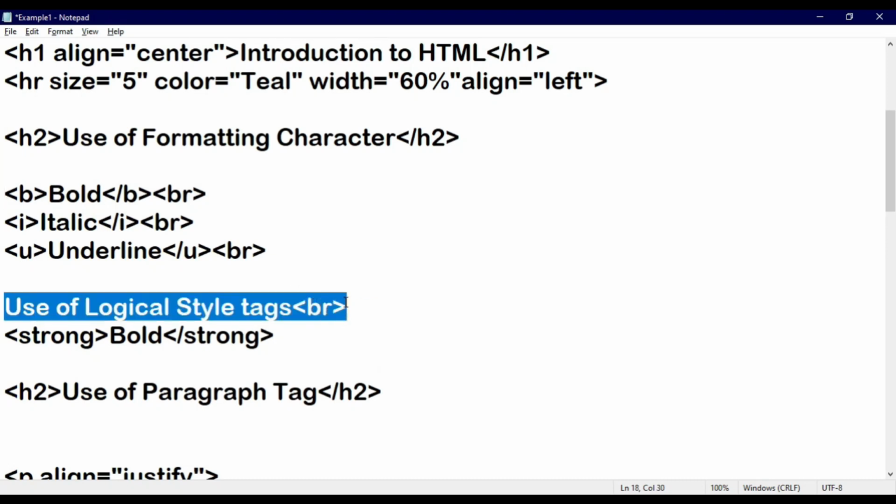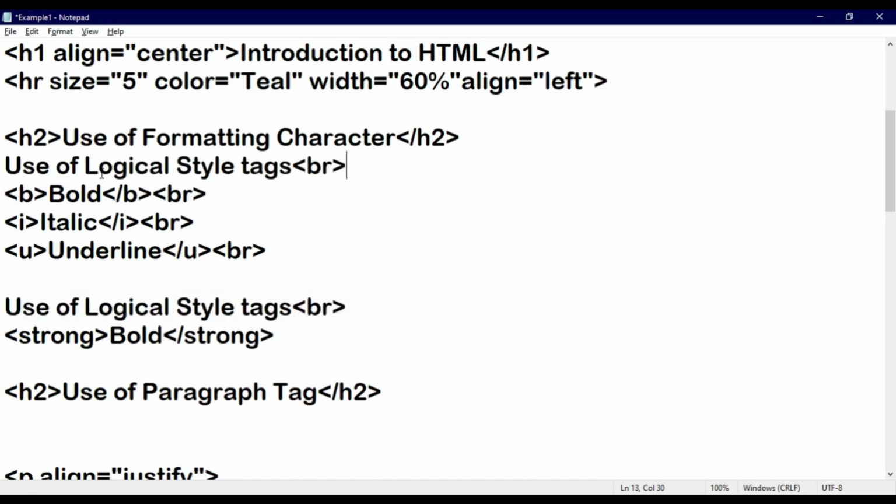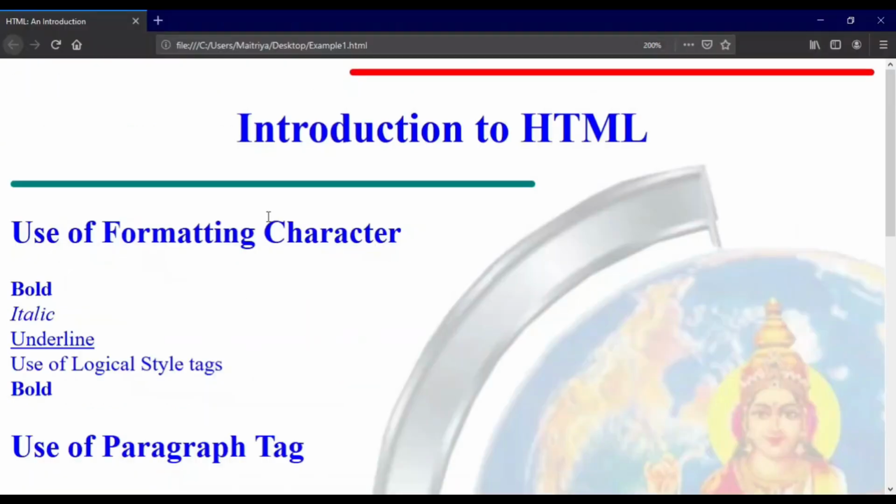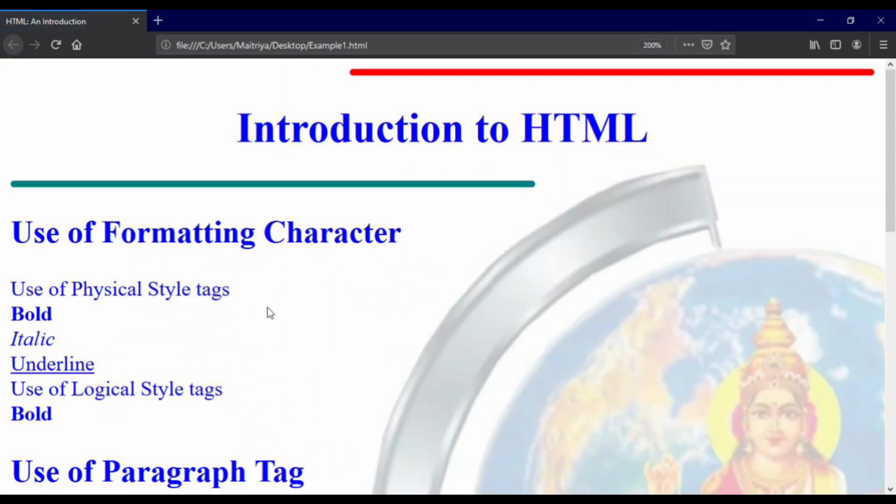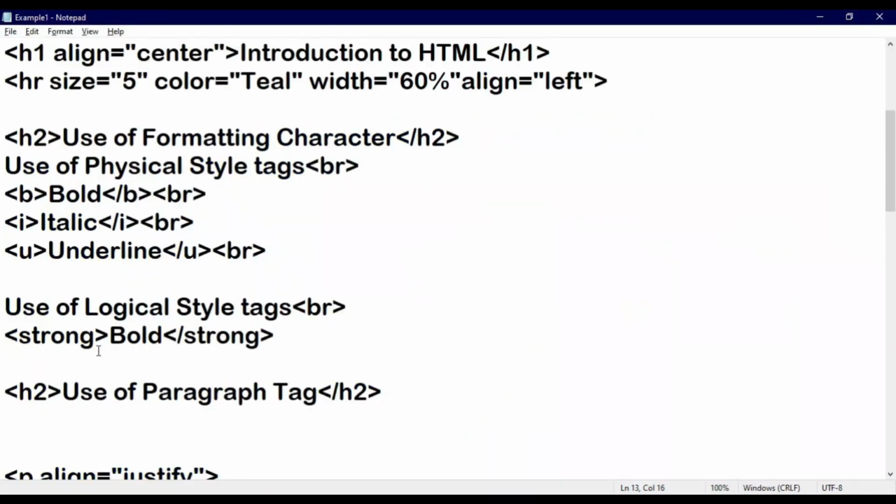So by this, logically and physically, in both ways, you can show the output in your browser, by which using different tags we can display the output on our screen. Right? So this is the use of strong tag.